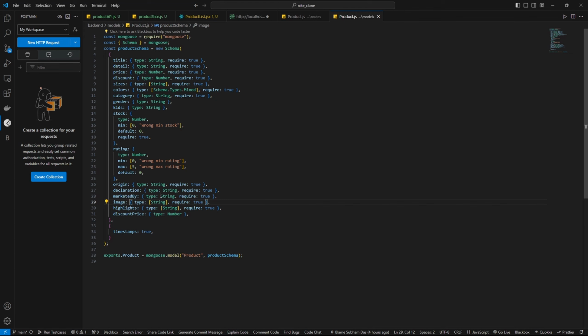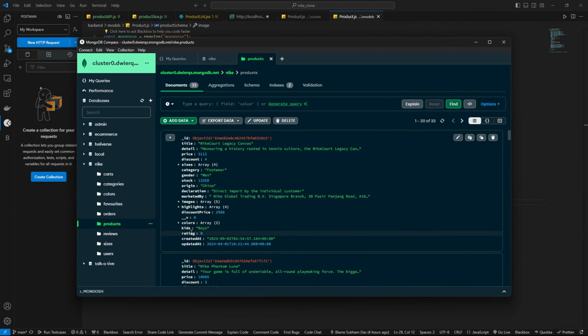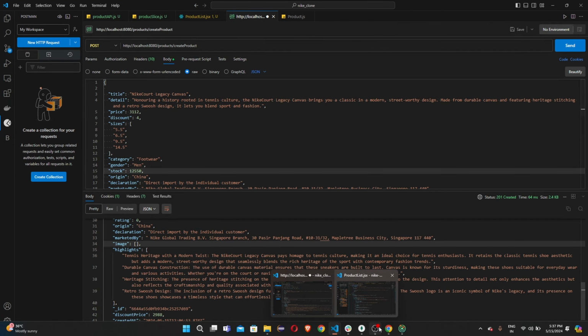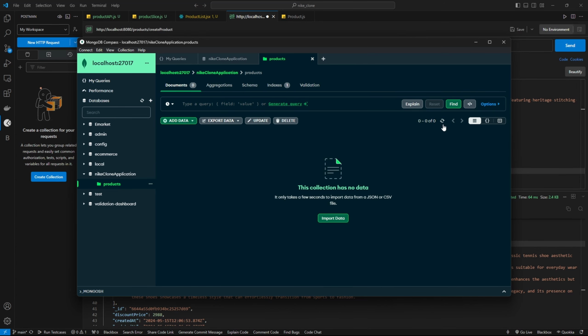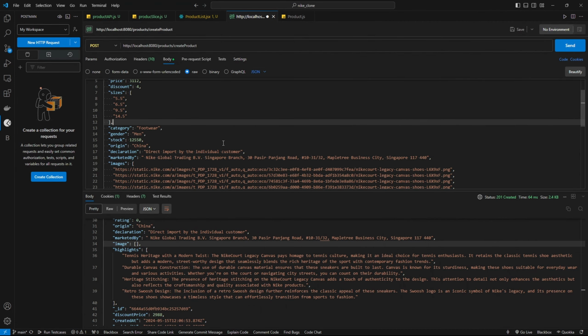Okay, I have written image here, but in here I think I am giving images. It is named as images. Yeah, I was right. So I need to make it images. Give an S here. Please don't make this mistake. I have made this mistake. So yeah, let's first remove this one